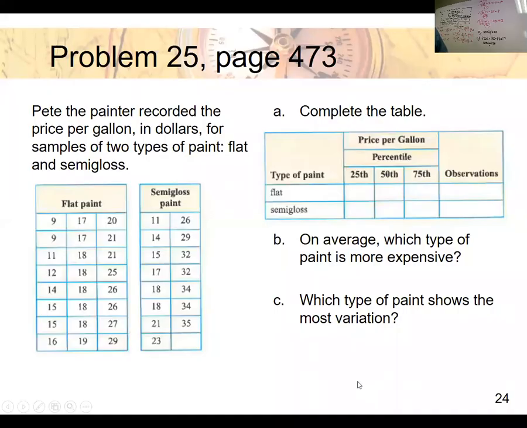Okay. All right, any questions about completing this table for problem number 25? Let's see, we're up on page 473. Okay. Next, we'll look at